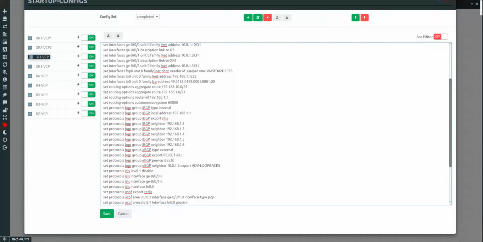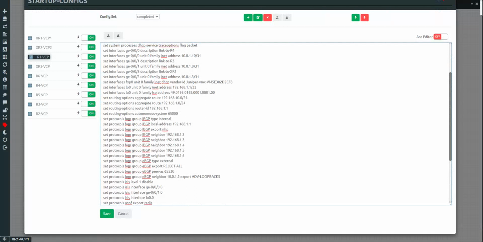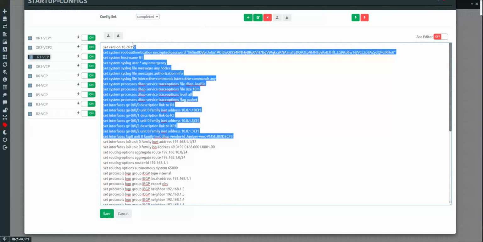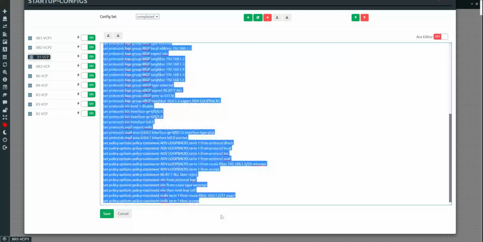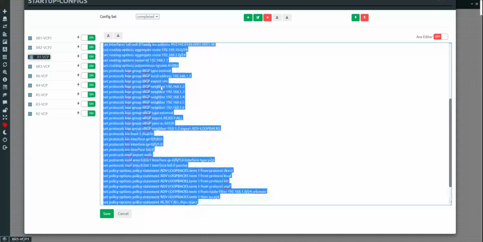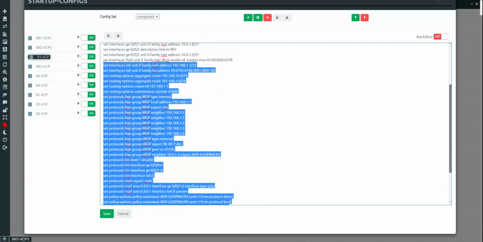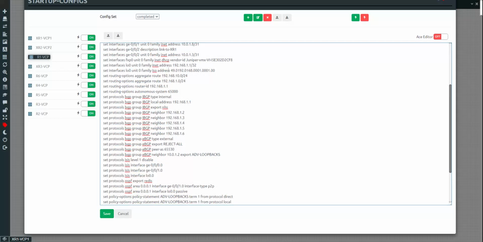Before, we had only the default config set, and when we load the completed config set, we get all of this extra config which I've added in as I followed along. So we've got the ISIS, the ISIS addressing, and some aggregate routes